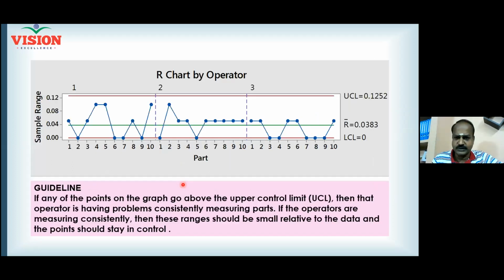Now moving on to the second, the R chart by operator. What is your understanding about the R chart? We learned it yesterday, right? What kind of variation does the R chart monitor? Between the parts? No. Between the control limits? You have to be very careful with the words. Batch variation. You have not understood the control chart otherwise. Yesterday we already discussed the control chart.